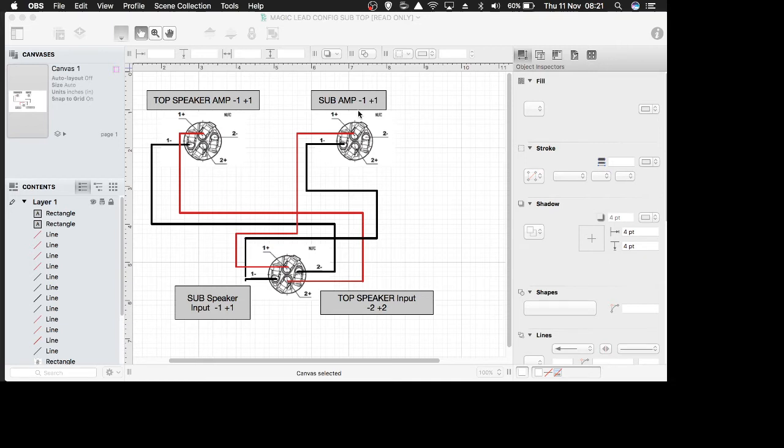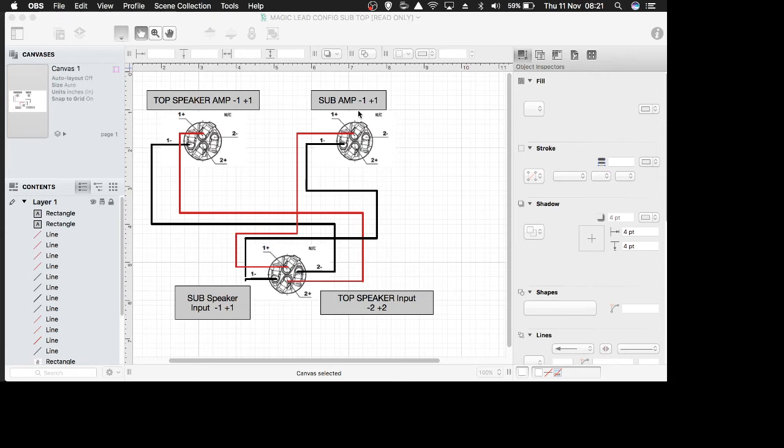It's just understanding that some tops or subs could be on -1 +1, and some tops or subs could be on -2 +2. So just being aware of that, and then taking the 4-pole Speakon, which is -1 +1 and -2 +2,